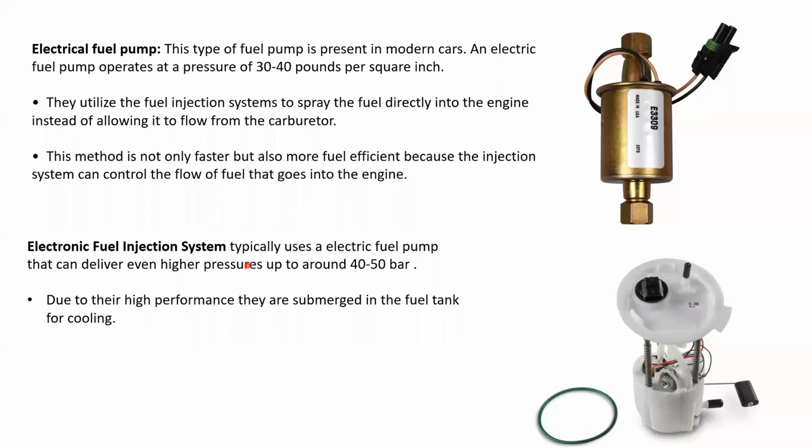If we consider the most common version of the electronic fuel injection pump, which is not the gasoline direct injection type, you have something like this. The arrangement is somewhat like this. It has a bucket sort of arrangement. Inside that bucket, the fuel pump is located, which can deliver up to around 40 to 50 bar of fuel pressure. This fuel pump is controlled either through a return valve or with a